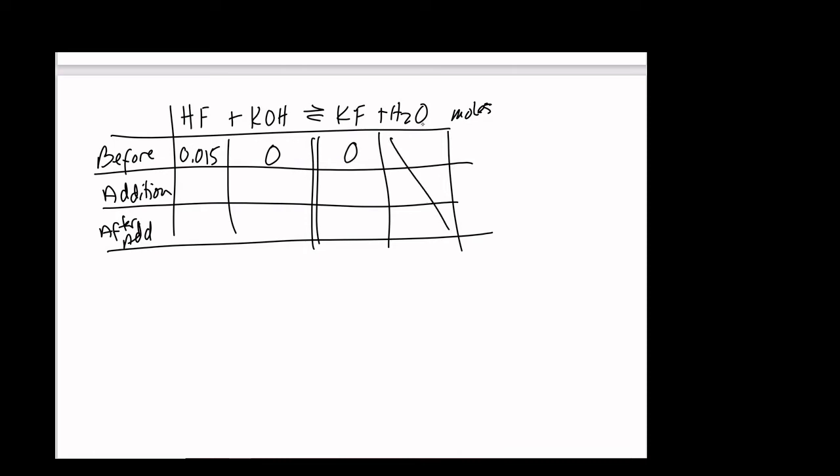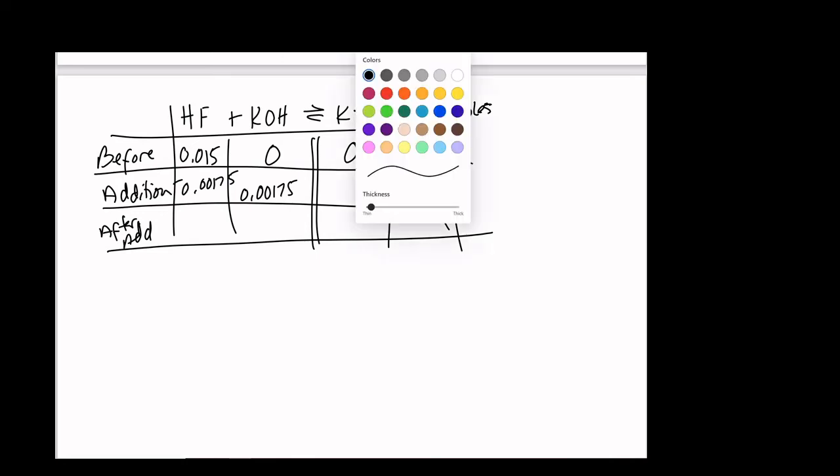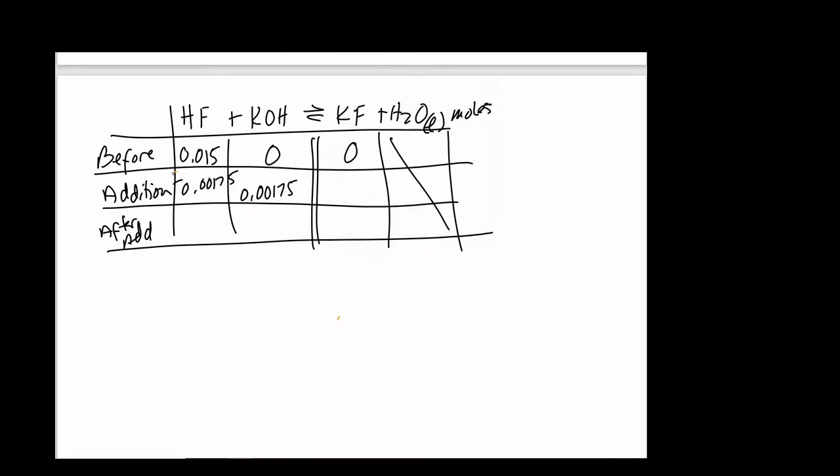We're not concerned about the water because it's a liquid. 0.00175 is the amount that we're losing of our HF because it's reacting with 0.00175 of our KOH. So we're adding 0.00175 of the KOH. For every 1 mole of KOH we add, we have to take away a mole of the HF. So we're going to end up with